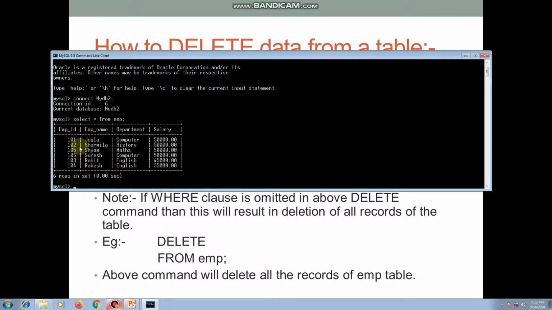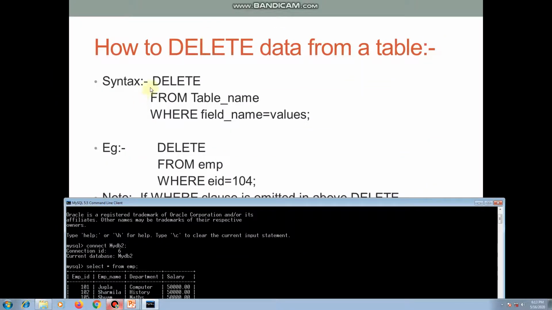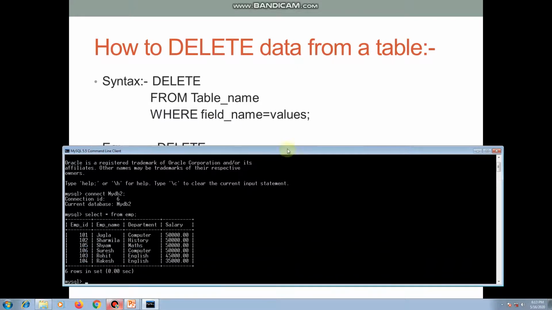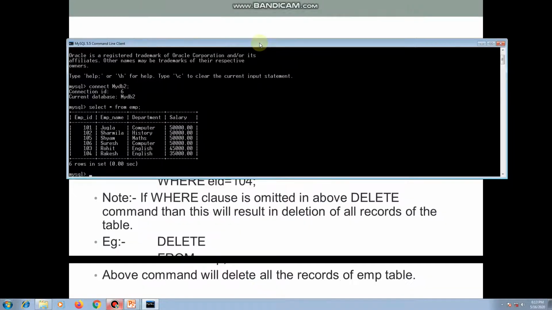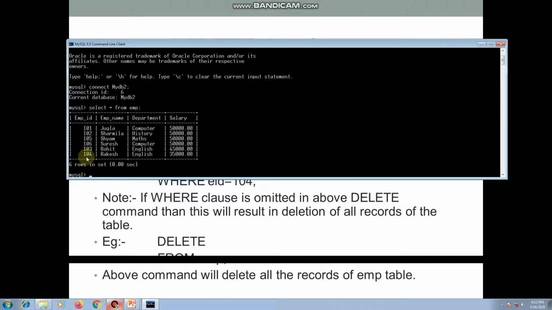Now to delete a particular record from this table we will use the delete command. Okay, so the syntax for the delete command is here: delete from table name where field name is equal to value. That means this where condition will basically specify which row of our table should be deleted. So here we are interested to delete this row having EID equal to 104 and employee name Rakesh.